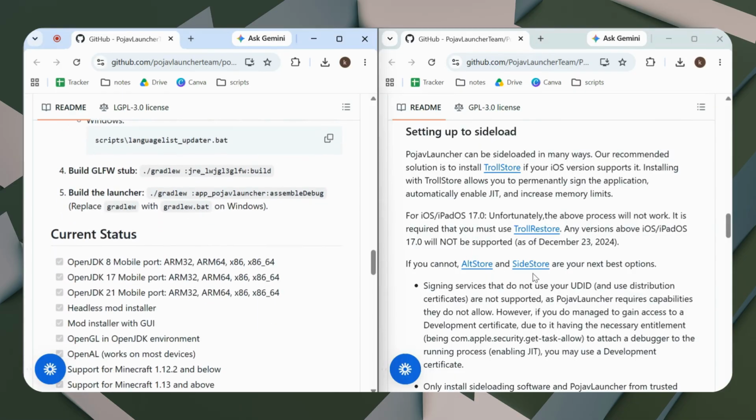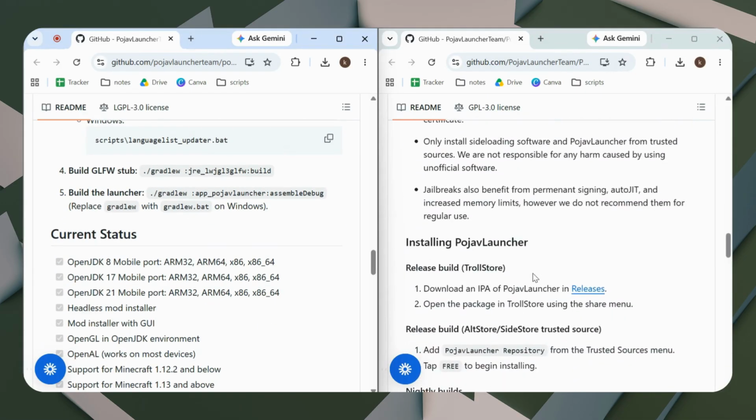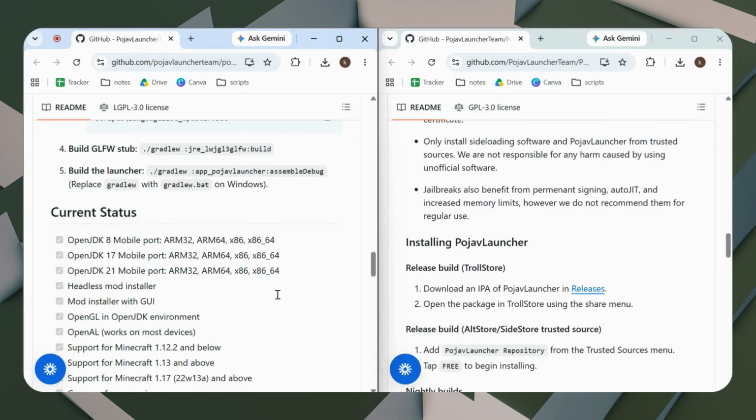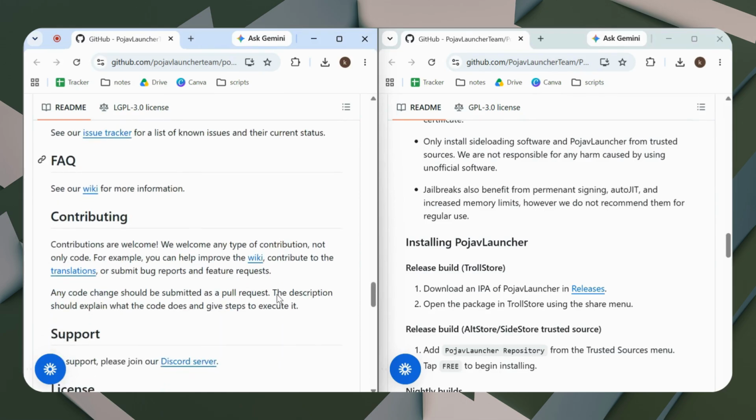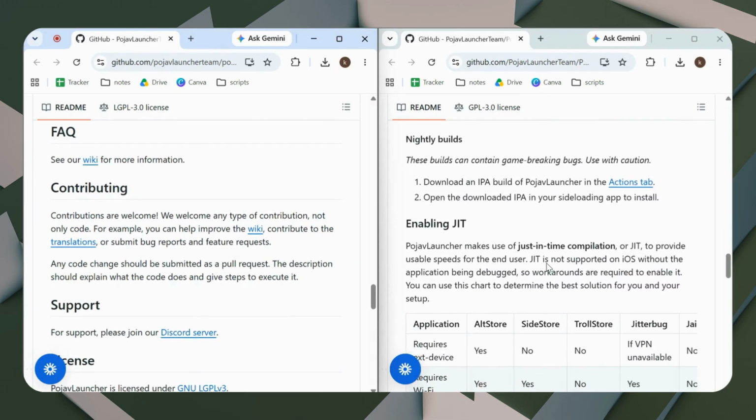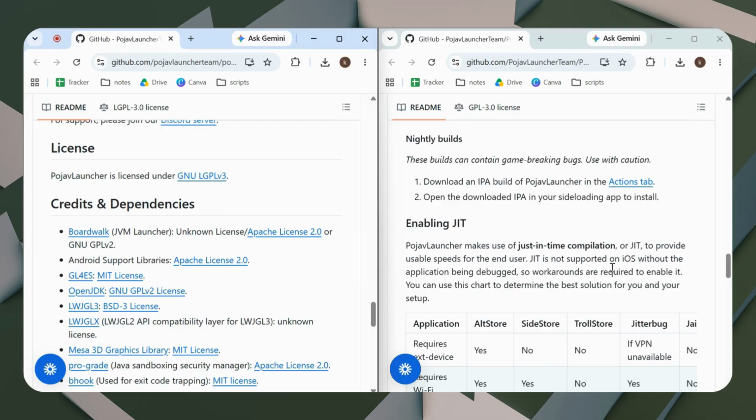If you don't see this option, there's another way. Visit the official PojavLauncher documentation and download the latest development build from the project's GitHub Actions page. Install the APK on Android or the IPA on iPhone following the official instructions. Sign in again with your Microsoft account, and if you're using an iPhone, enable JIT through your supported sideloading method